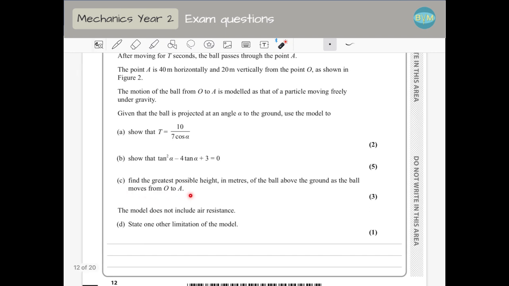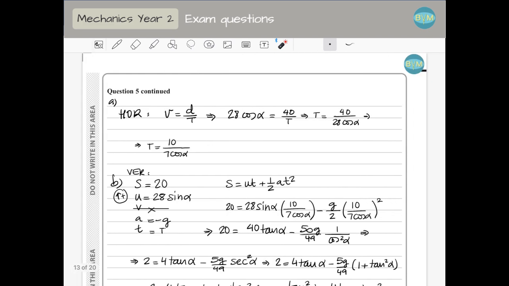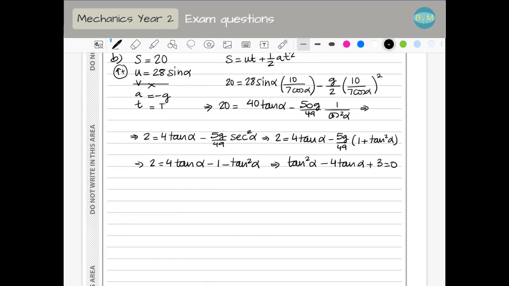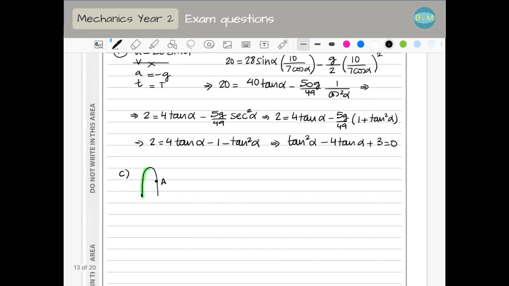Then find the greatest possible height in meters of the ball above the ground as the ball moves from O to A. We have, again, remember this situation when I projected something up and then it goes down. This was A somewhere. We need the maximum height, which means we are just going to work with this first part of the motion. Yeah, and we are going to use SUVAT. If we need the height, we need definitely to work with the vertical motion. So if we write SUVAT,